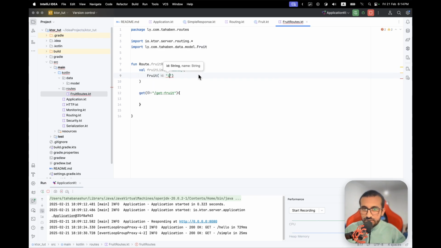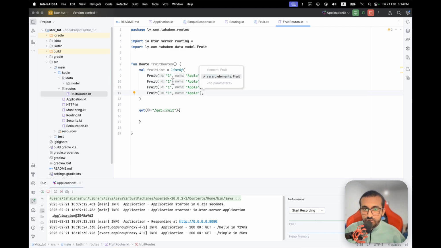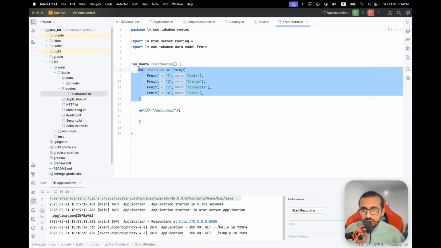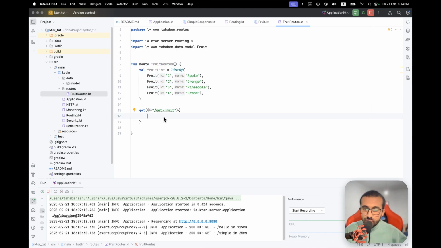For the ID, I'm going to say, for example, 1 here, and duplicate this a couple of times using Control D. So 3, 4, just like that. And maybe, oops, just like that. So we have the list here,